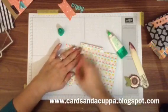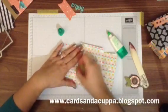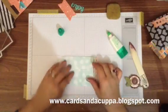Don't do it when it's wet though, because otherwise all the coating will come off, all the colours will come off, it'll just peel. But once it's gone to tacky, it's fine. Right then, so this is